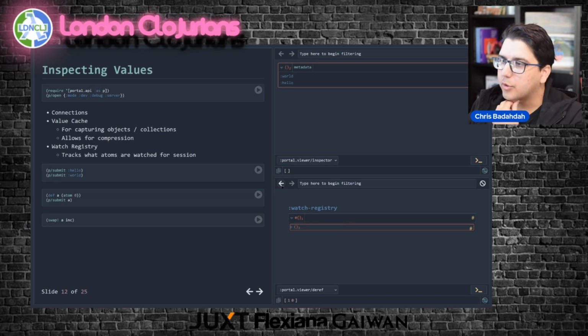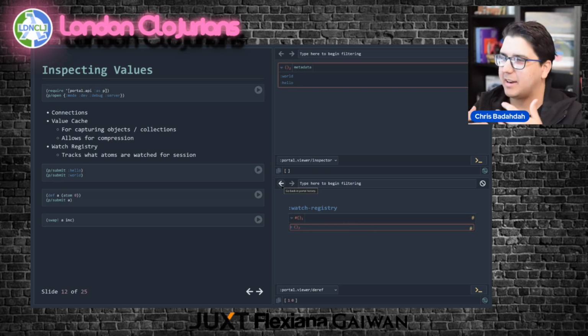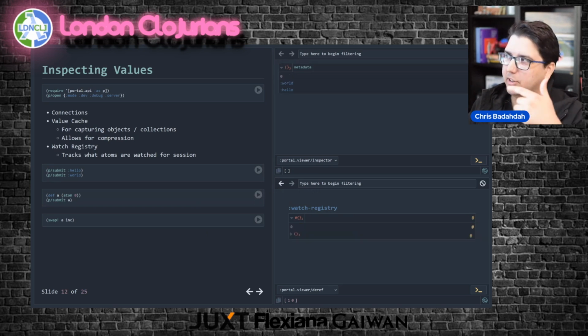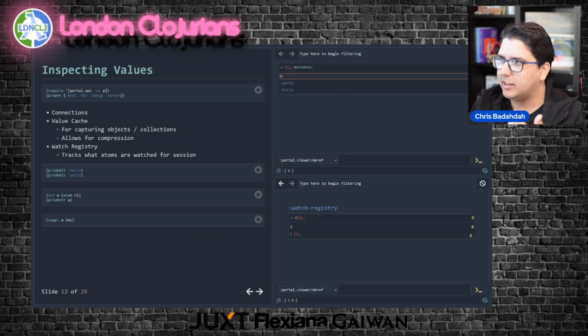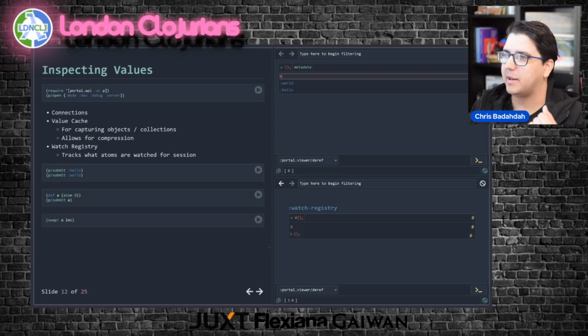But the cool thing is, this all composes, right? I mean, it's not necessarily a good architectural pattern to put atoms in atoms, but you technically can. So here, I'm going to submit an atom into the tap list, which itself is an atom. This instance has that atom, and this instance of Portal introspecting on this instance has the atom. I know it's getting a little hairy, but it all makes sense, because if I start swapping the value, everything stays up to date because they're all watching the same atom.